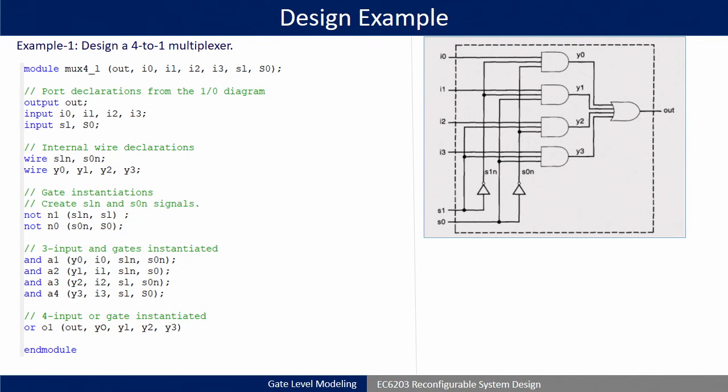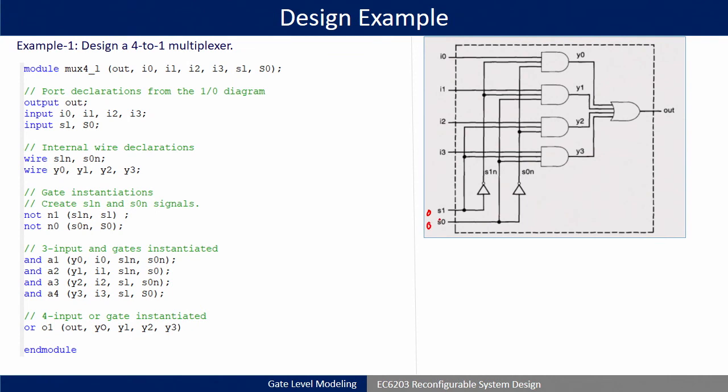Okay, so as this is a 4:1 mux, it requires 2 inverters and 4 AND gates followed by 1 OR gate. Okay. So, whenever S1 is 0 and S0 is 0, output is equal to I0. So, that you know. Similarly, for 0 0 it will be I0, then 0 1, 1 0 and 1 1, it will be I1, I2 and I3. Again, all these I's should be small, I have made them caps.